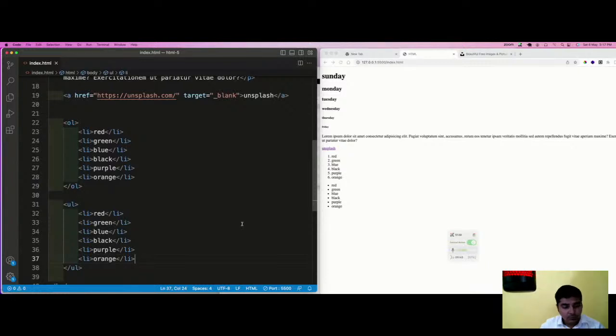So this is the output of the ordered list and the unordered list. The ordered list will have the output in a sequence which starts from 1, and the unordered list has the output in a different pattern, in the form of bullets. Okay, now